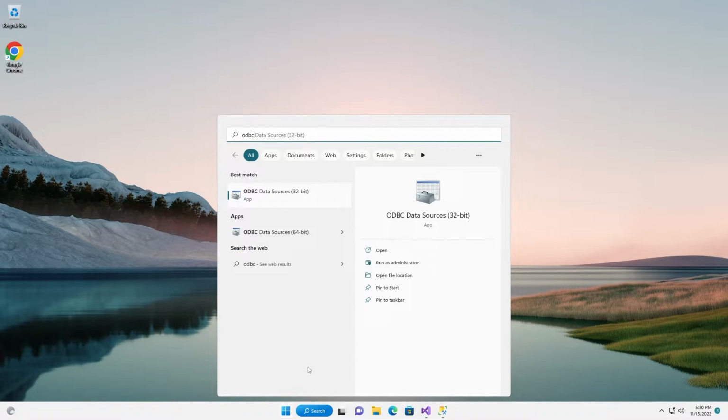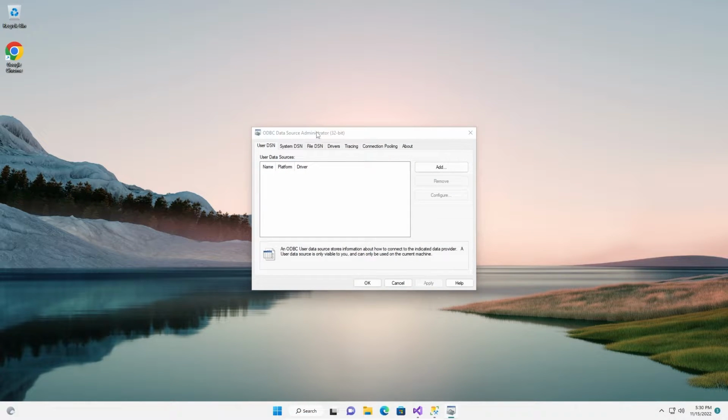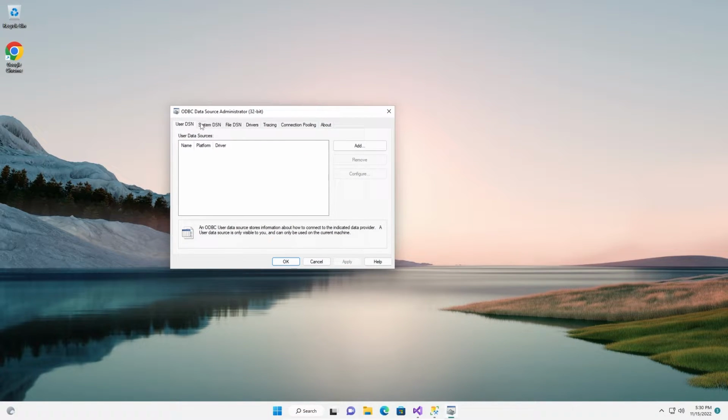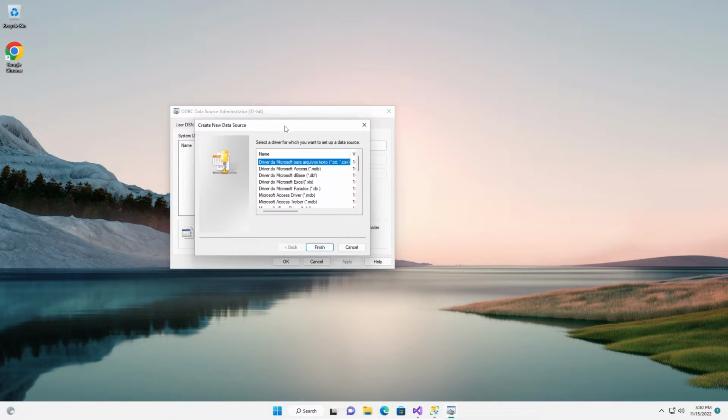ODBC. So you can see here ODBC data source 32 bits and 64 bits. At first open 32 bits. Here you can see this screen. Now you have to click System DSN. Now press Add.